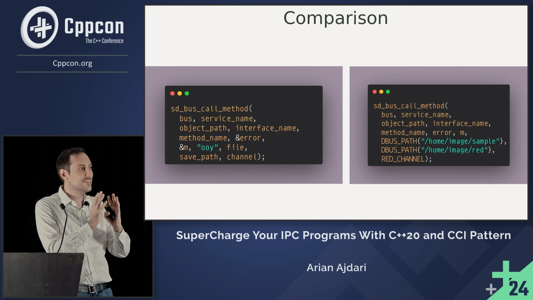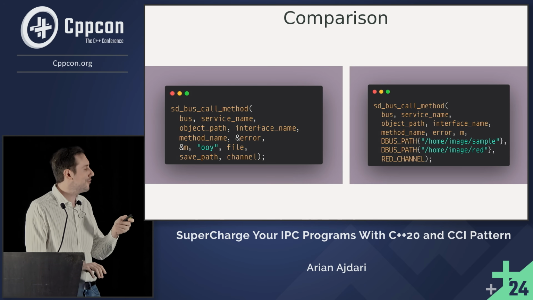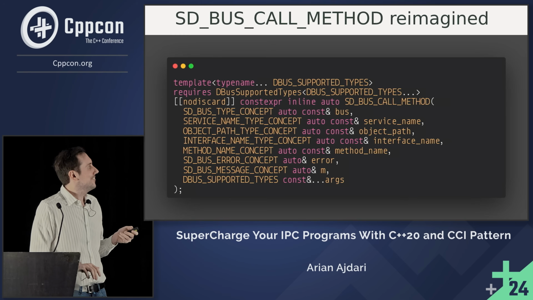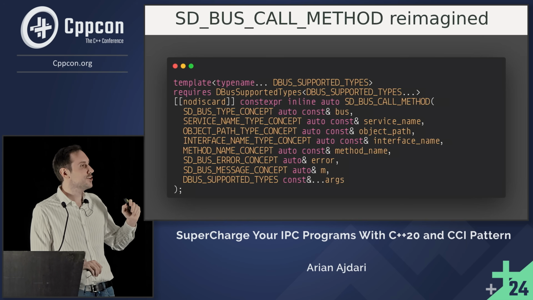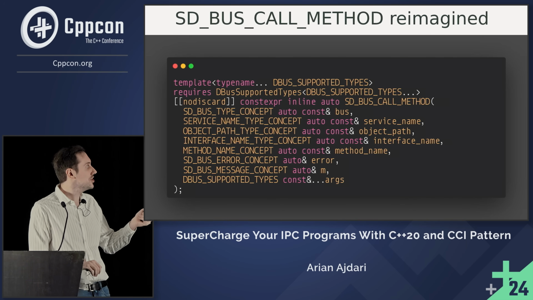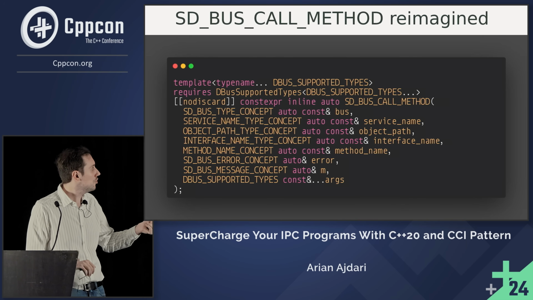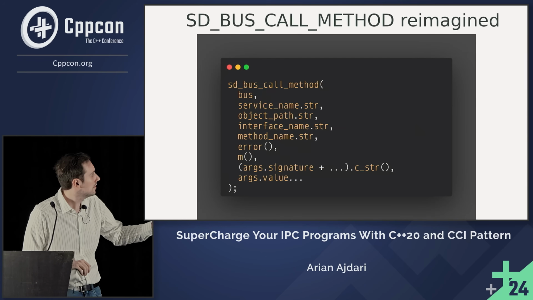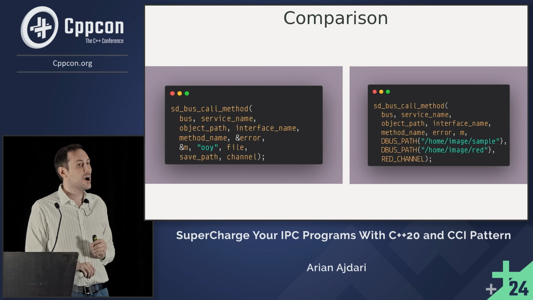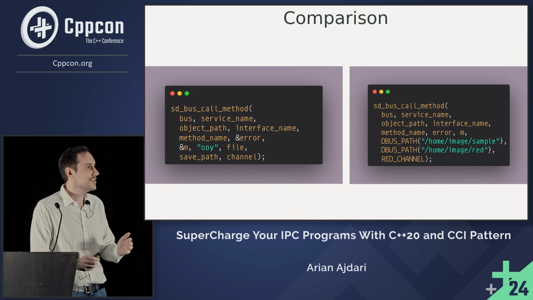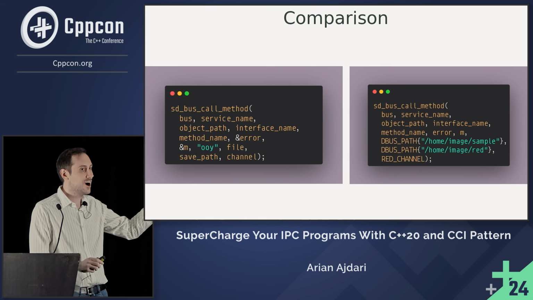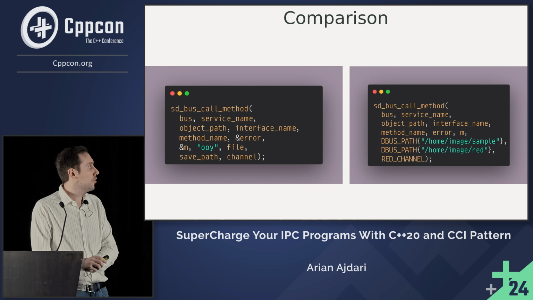So this is actually what you will get to see as the interface when you use the dbus. You are not going to see the function signature. So let's go back again. Are you now more convinced to start utilizing CCI? This is not what you're going to see. When you use the interface, it's the thing on the right that you're going to see. So I hope that I managed to convince you a little bit that CCI is one of the possible ways of how you can reason about the program.